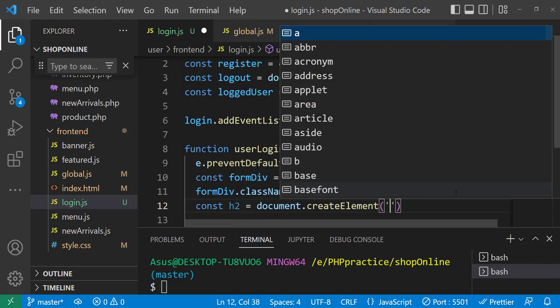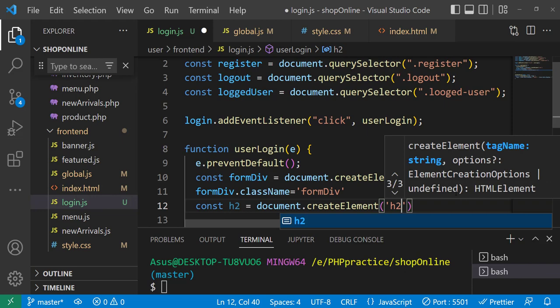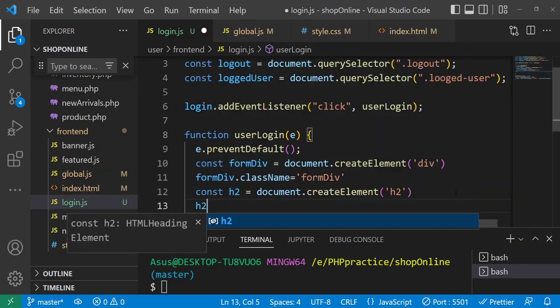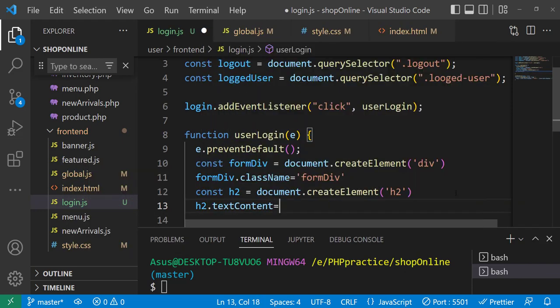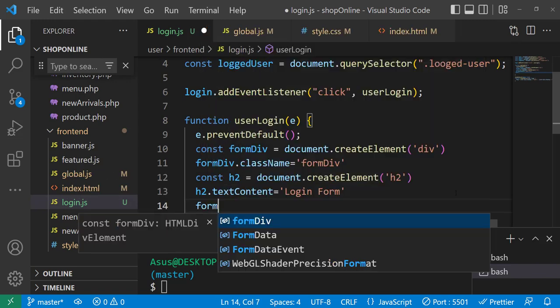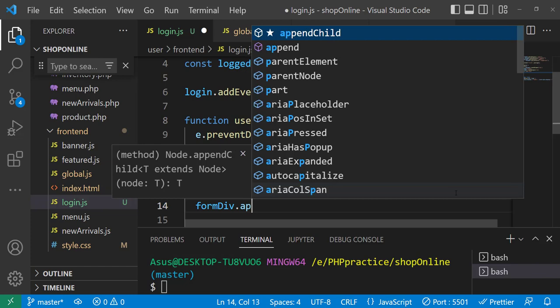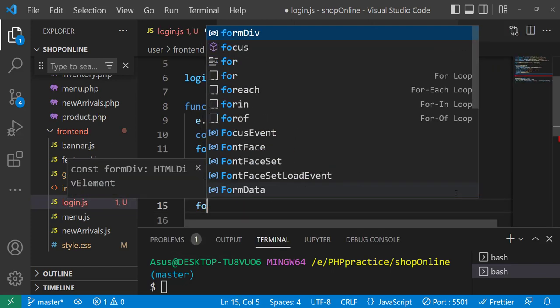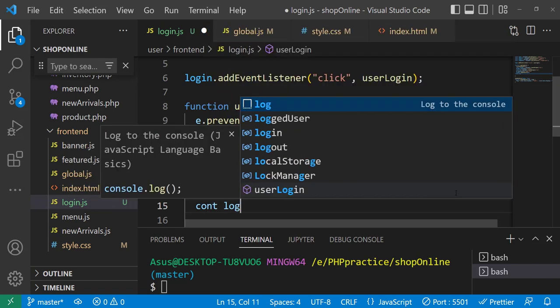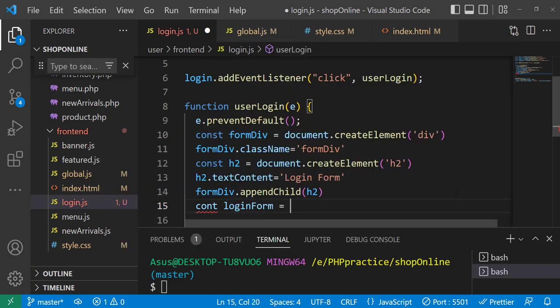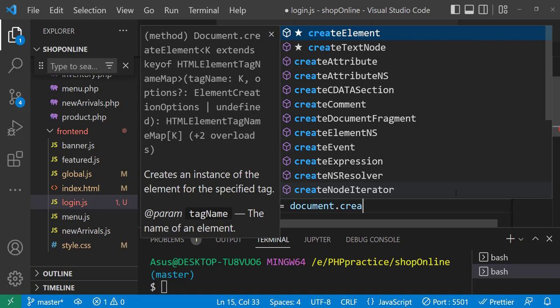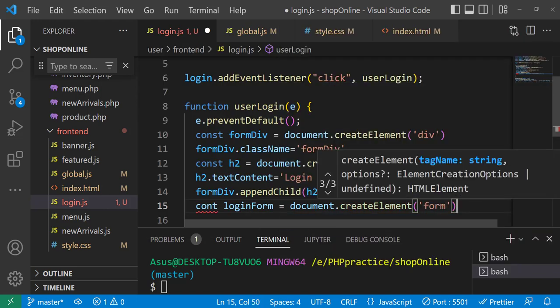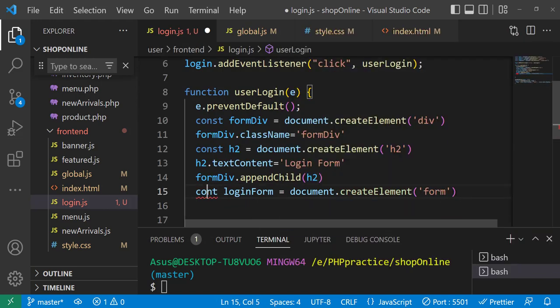Document.createElement h2. h2.textContent equals login form. formDiv.appendChild h2. Now let's create a form. Let's give it class name